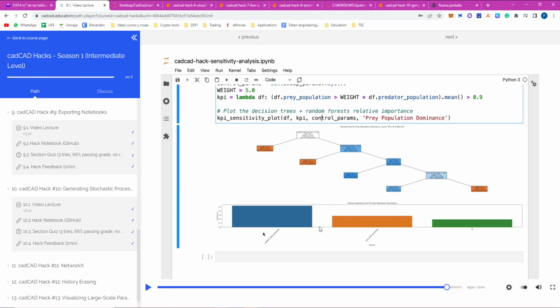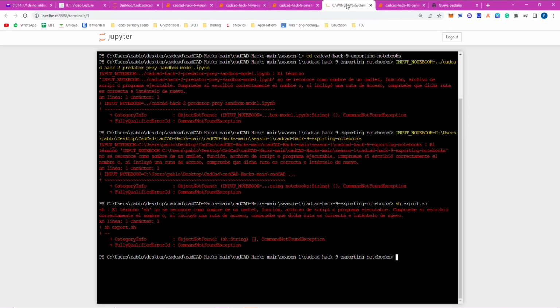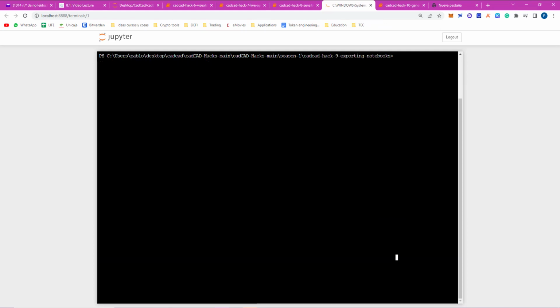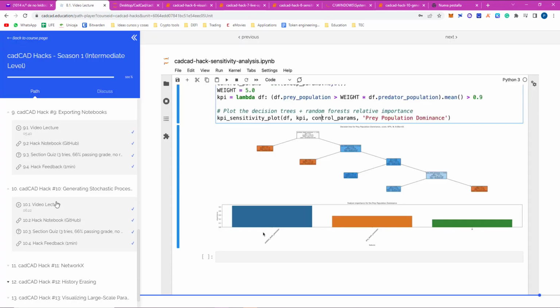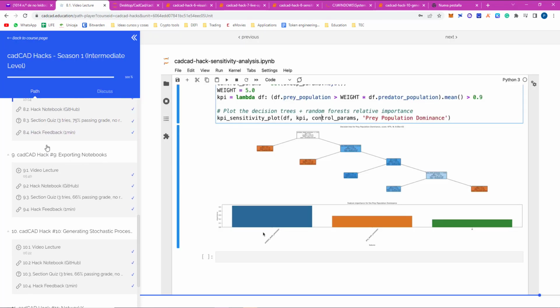These two are more or less useful for certain occasions. We can go to the ninth one. This one actually got me because I don't know how to use it. Maybe you guys can help me. But okay, this is not what I wanted. So if I do Control L, okay, perfect. So 9.1 is how to export the notebooks. It's actually very simple. It basically tells you